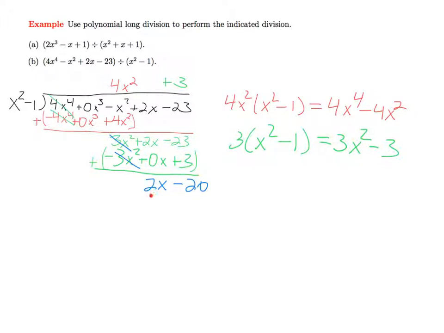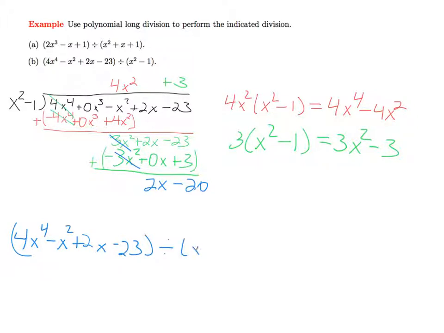Now the degree of the remaining polynomial is less than the degree of the divisor, and so we're done. The polynomial x squared minus 1 doesn't divide cleanly into 4x to the fourth minus x squared plus 2x minus 23. We have a remainder, just like we did in part A. So what we would say is that when we take 4x to the fourth minus x squared plus 2x minus 23